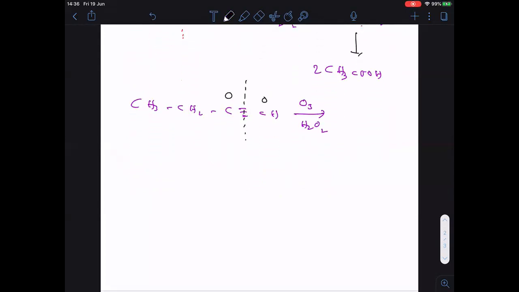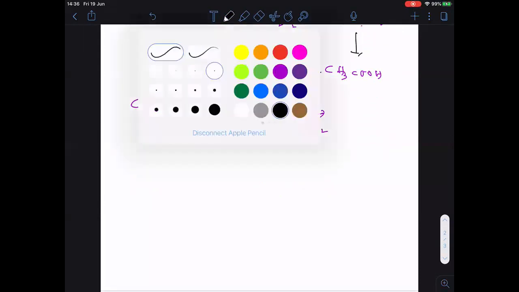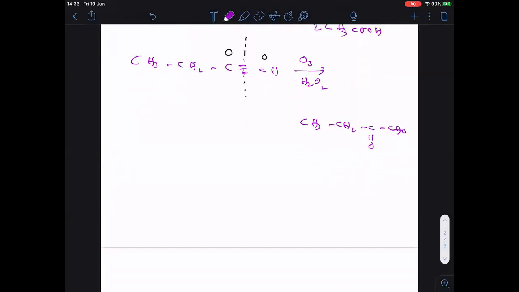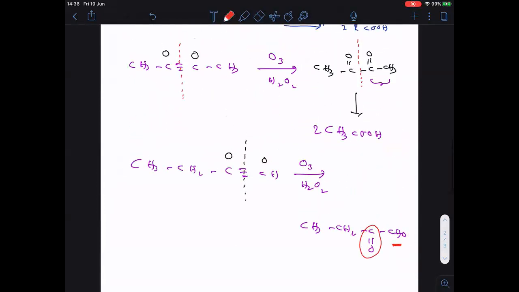Is it clear, everyone? Then what is the thing that is going to form here? Okay. Now what happened here? CH3CH2-C double bonded O-CHO is formed. Now did you notice one important thing here? This is a ketone. Ketones never undergo oxidation. And this is an aldehyde. This undergoes oxidation. You can ask me, sir, here also this is a ketone, then how is it undergoing oxidation?